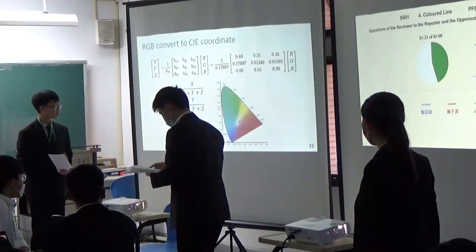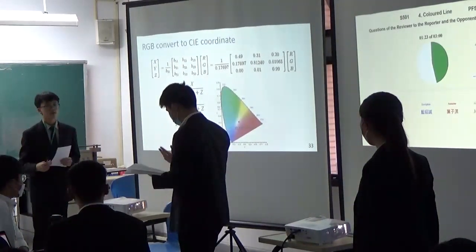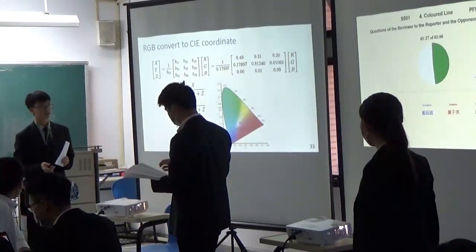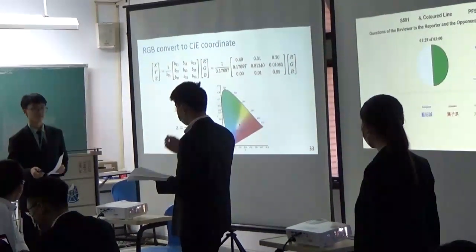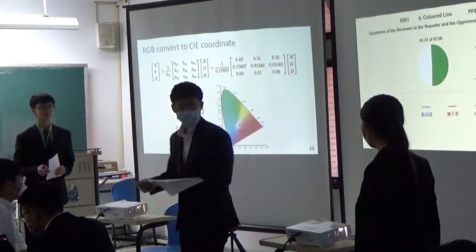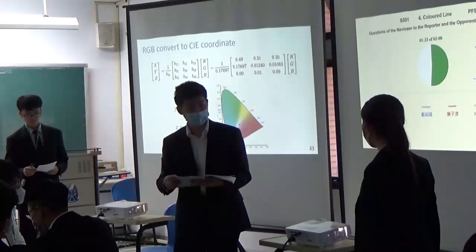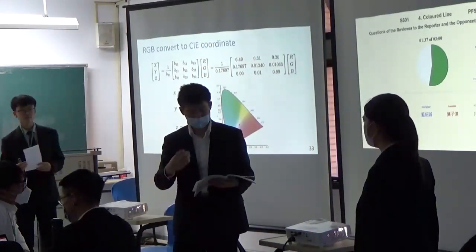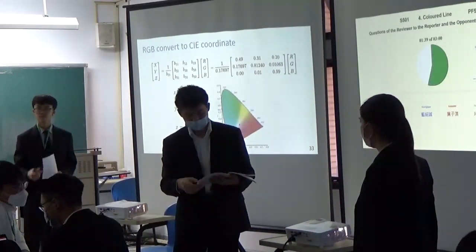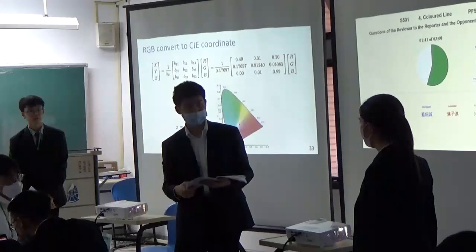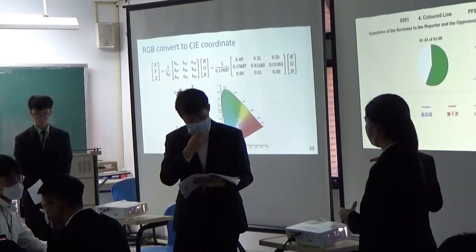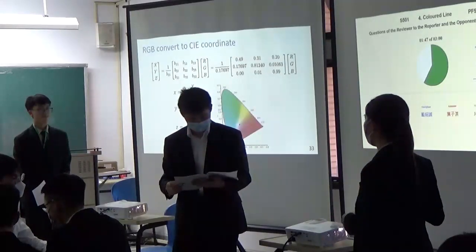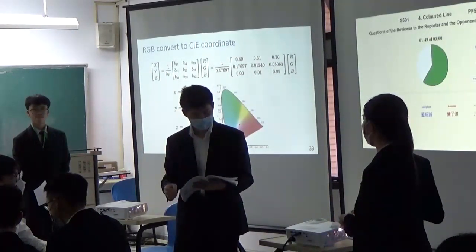Okay. And then do you agree that there is a plastic film on the CD or DVD surface? Plastic film. Oh, you mean what the opponent just mentioned? Yeah. So do you agree that there is a plastic film on the DVD? And if so, do you think that because of it, it will change the index of refraction? Yes. Maybe it will have some reflection, but reflection of the light you can see is not the major issue.